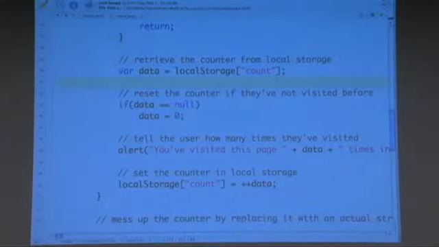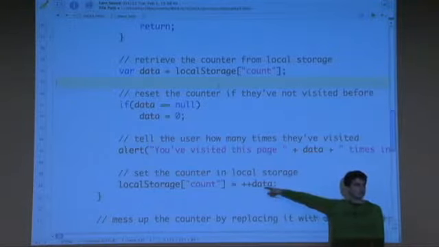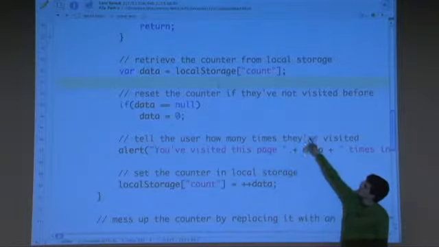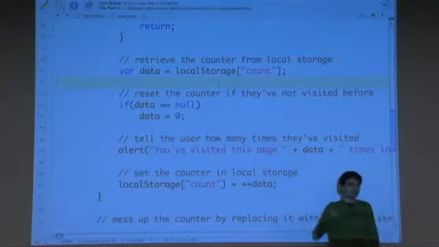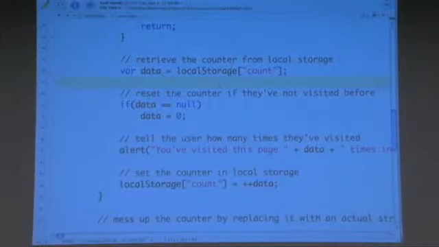And what we are going to do is increment that data by 1 every time we save it again in the local storage. But when we first fetch the data, we're going to try to see if that data is null. If it's null, then we need to set it to something reasonable, say 0, and then we can start